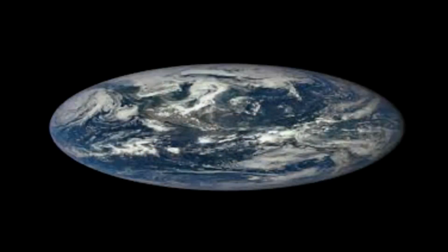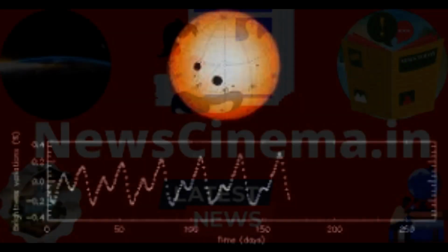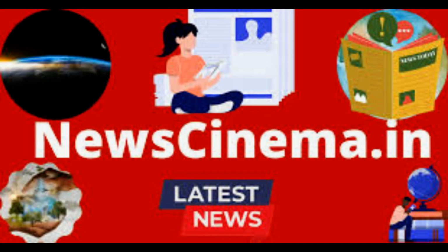"If you look at the Moon with all these craters on it, you can see those in the gravity field data," said David Smith, principal investigator for the Lunar Orbiter Laser Altimeter. "I thought, why can't I just take one of those craters and suck it out? Remove the signature completely?" For their study that was published in the Planetary Science Journal, Viswanathan, Smith and colleagues worked